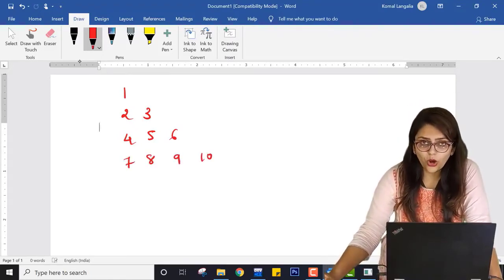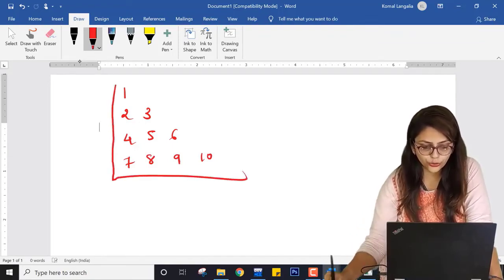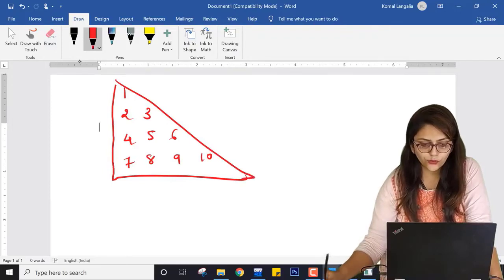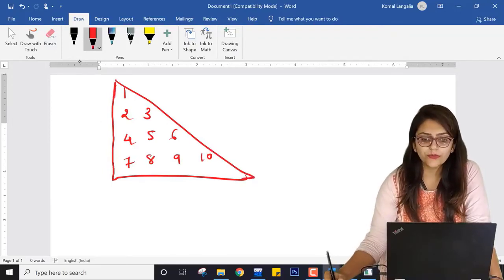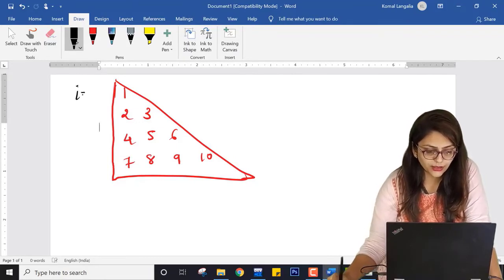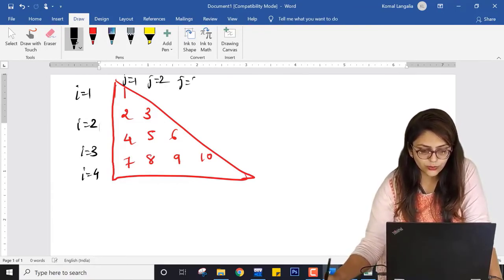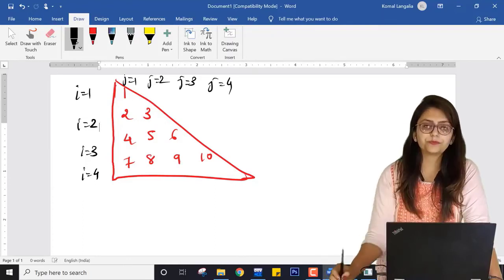Now if you carefully observe, this is a quadruple, so I know two loops, how to use two loops. I know the code for two loops for this quadruple. Now I should observe what exactly the pattern is. So here i equal to 2, 3 and 4. Here j equal to 1, j equal to 2, j equal to 3, j equal to 4.